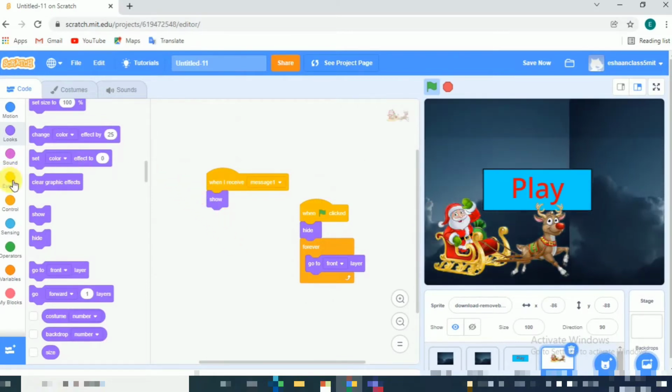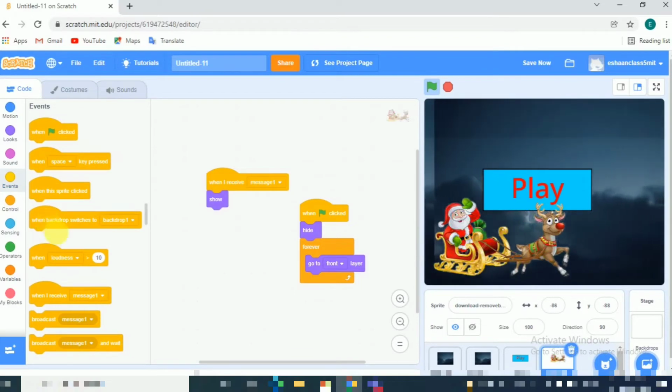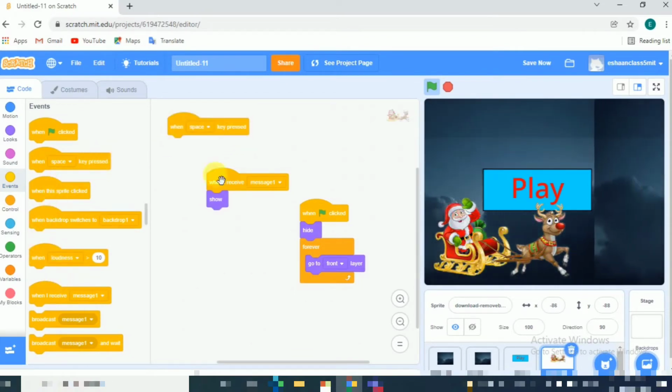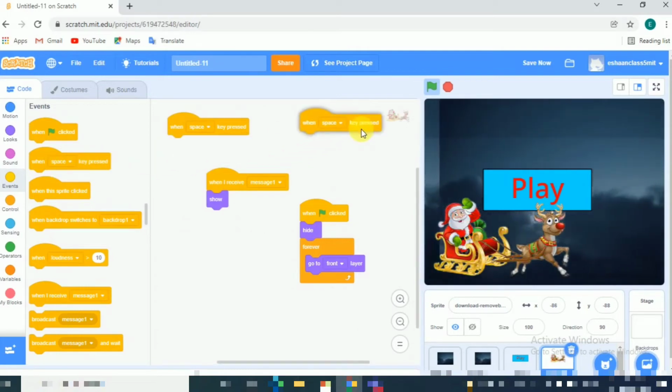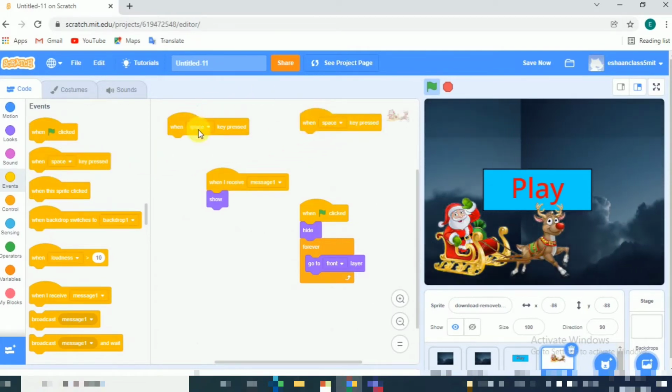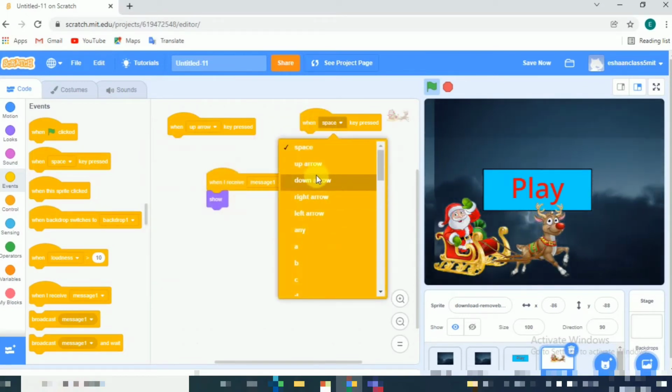And then we'll again go to events and take when space key pressed, and we'll take this 2 times, and we'll change space to up arrow and the other space to down arrow.